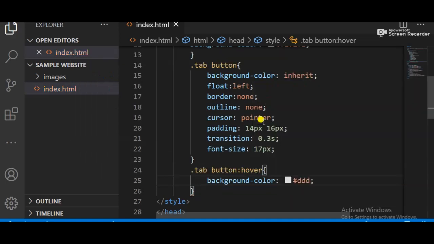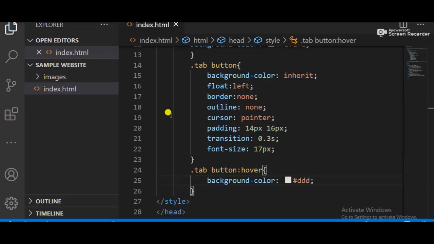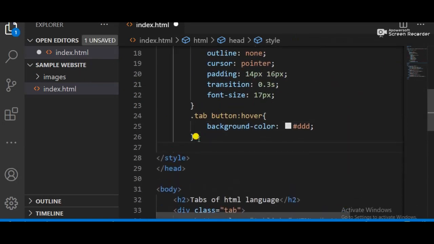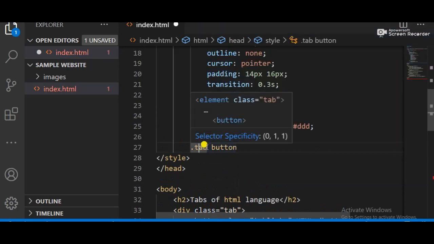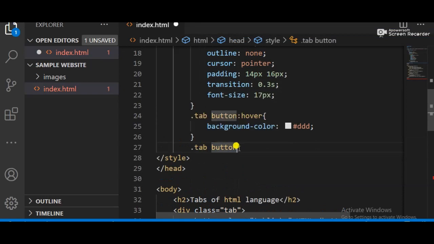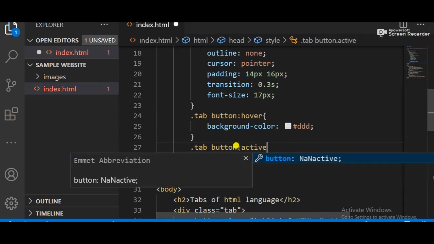So what happened when I move my cursor over here, it shows like this, as you can see. I have already applied the transition, that's why it's showing smoothly. The transition works like this, 0.30 seconds, as you know. And what button would be active when the website loaded? The tab is a div, and in this div we have a button, and in this button we have active. So dot active means that.